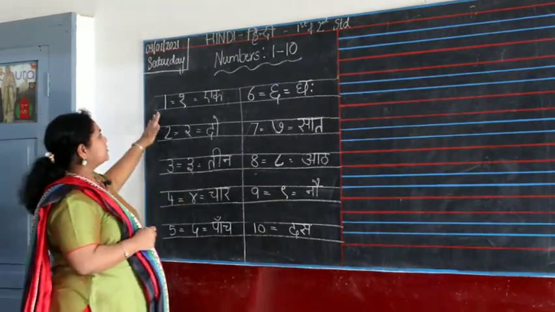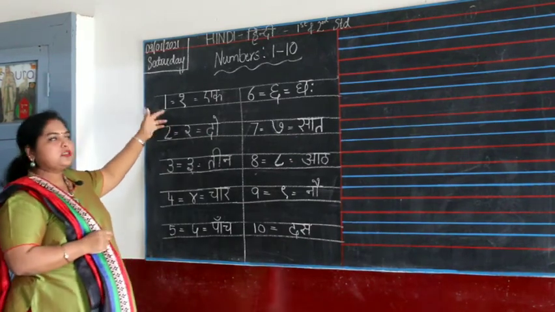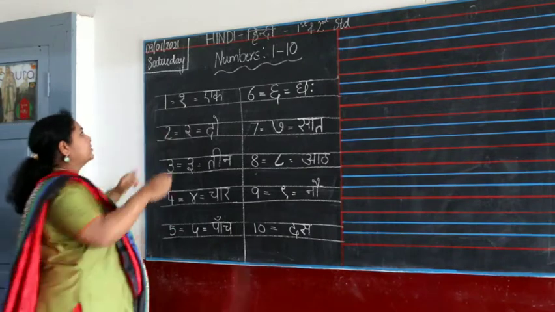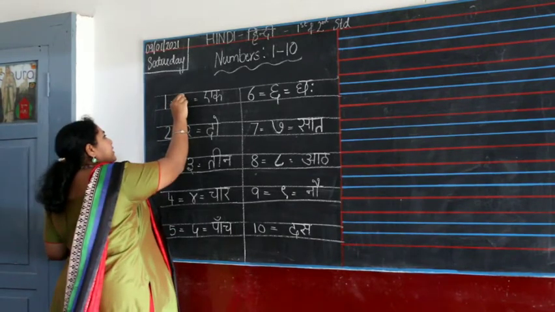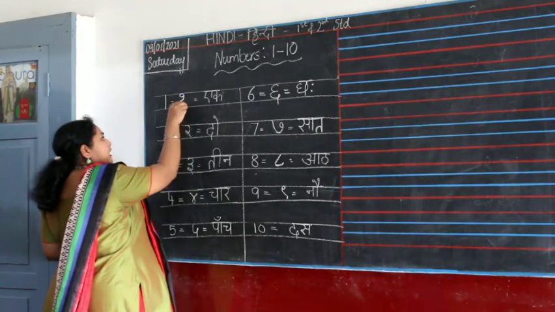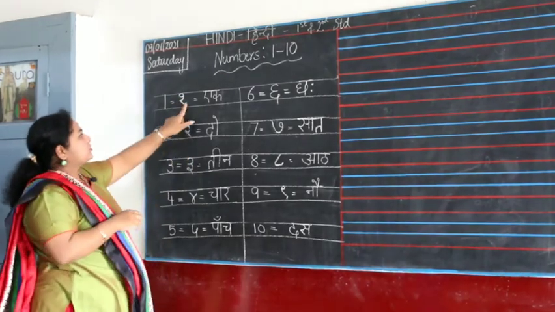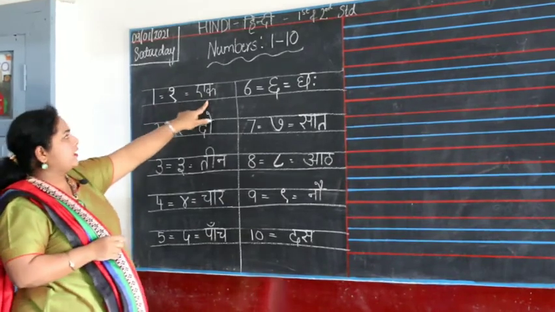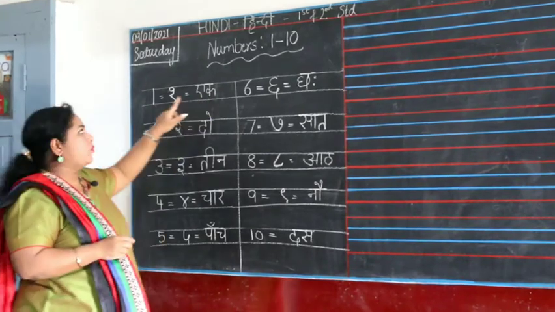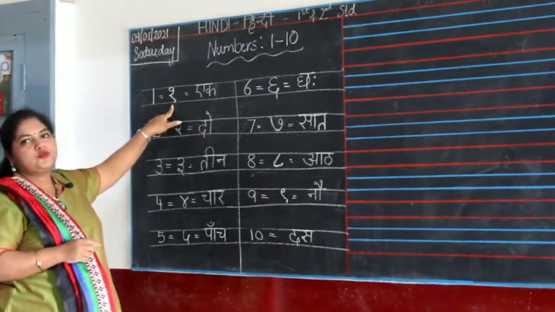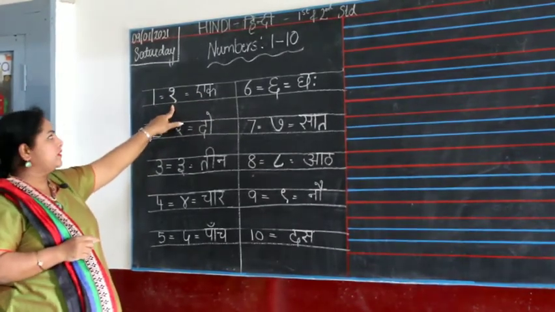So this is 1. You all know in English how we write 1. How is it written in Hindi? You make it like R. How do you write? Go, make one knot, go up and come down, and a small tail here. एक छोटा सा पूंछ. Okay, this is ek. It's called ek in Hindi. 1 in English is ek in Hindi, and this is how you write ek in Hindi.